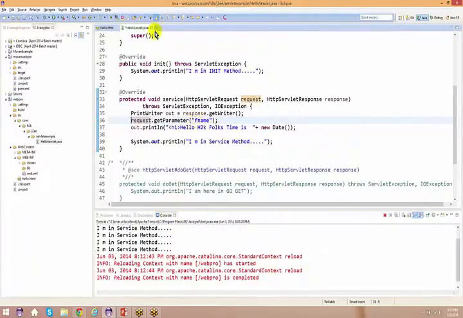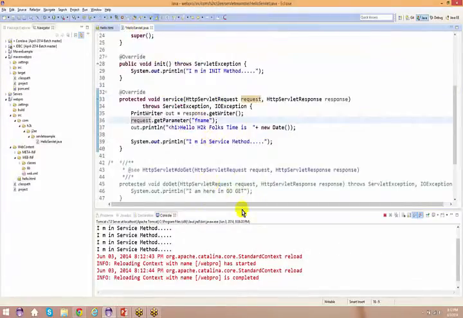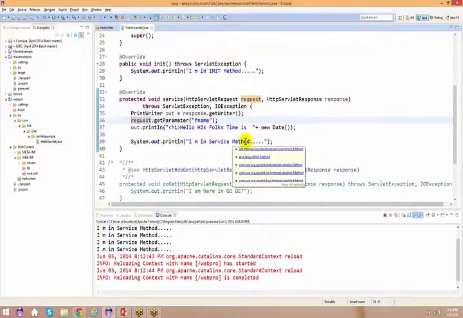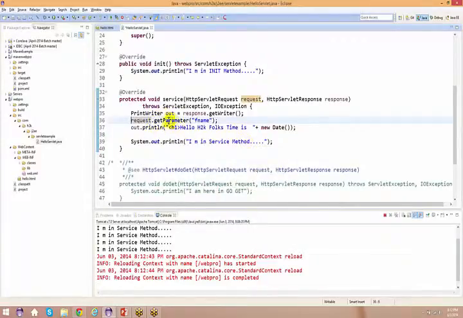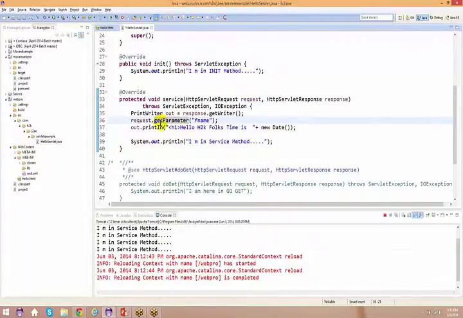I know that from my HTML, what am I passing out here? I'm passing a text out here, right? So just watch carefully here. I'm passing a text out here, so I know that the return type of this particular get parameter will be some string itself. But if you see here, the return type out here is again your string, request.getParameter. So I just say here, string firstName equals to so and so.